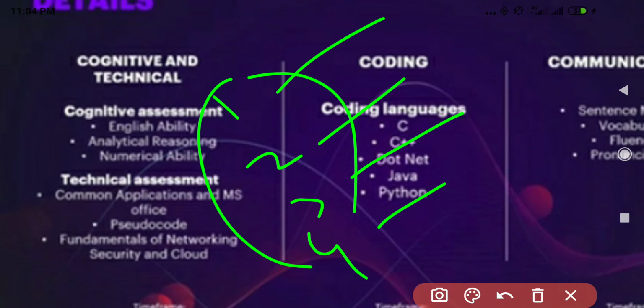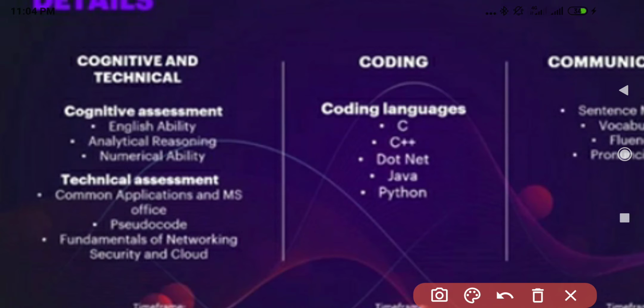Just rearrange those things to give a meaningful paragraph. So those kind of questions will be there in English ability. Alright, so once you are done with that, you will be having analytical reasoning, and this is quite not familiar